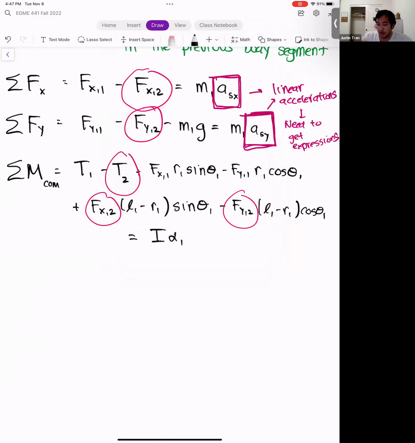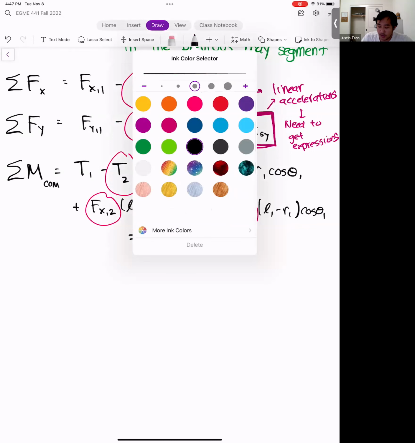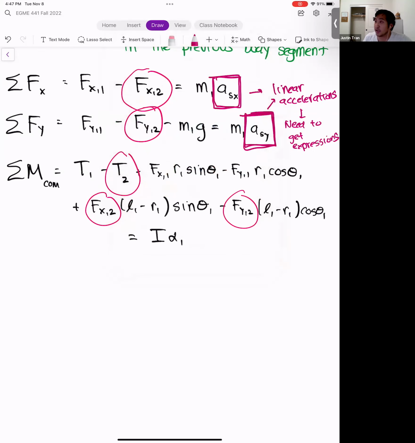To do that, I'm going to utilize a technique that you used in homework 4. If you remember, I think it was problem 3 on homework 4, the inverted pendulum. What I had you do was compute the x position of the pendulum using that formula, and then take derivatives with respect to time to generate the velocity and acceleration. So we're going to do the exact same thing here.